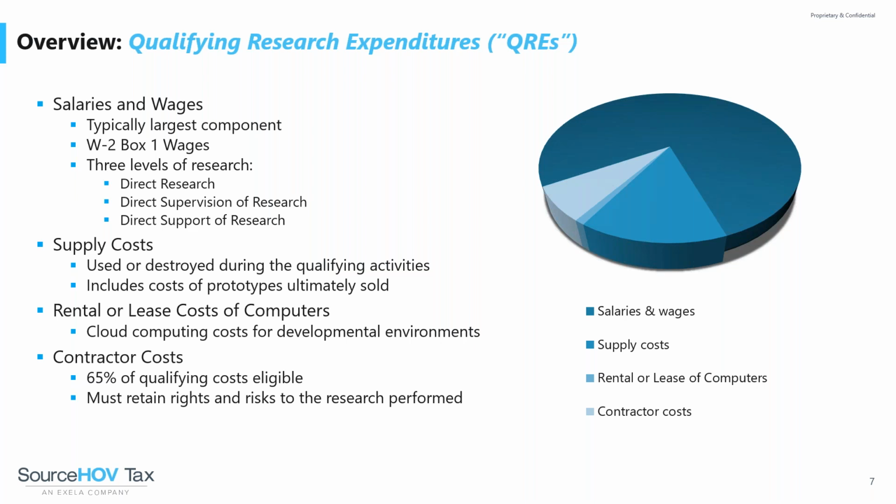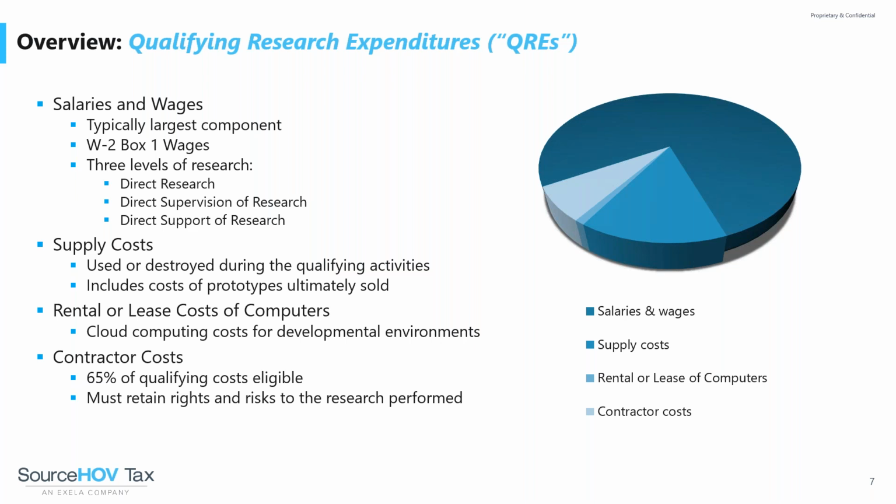The last category is actually pretty interesting, and that's contract research, or sometimes called contractor costs. Basically, if we hire someone outside of our company, whether that's via 1099 or an outside firm that basically invoices us for development that we want them to do, we're able to qualify up to 65% of those costs for the credit itself. Now, all of these costs from all four pools get aggregated together and then ultimately get fed